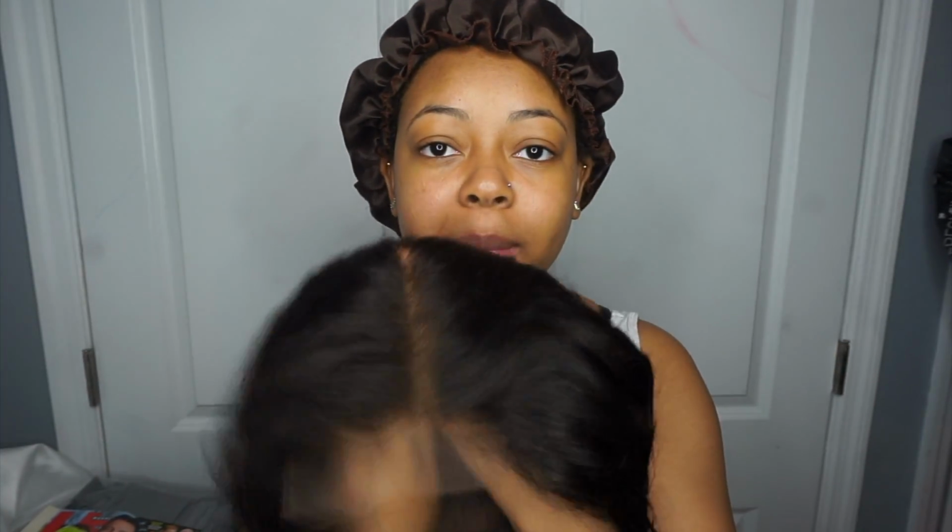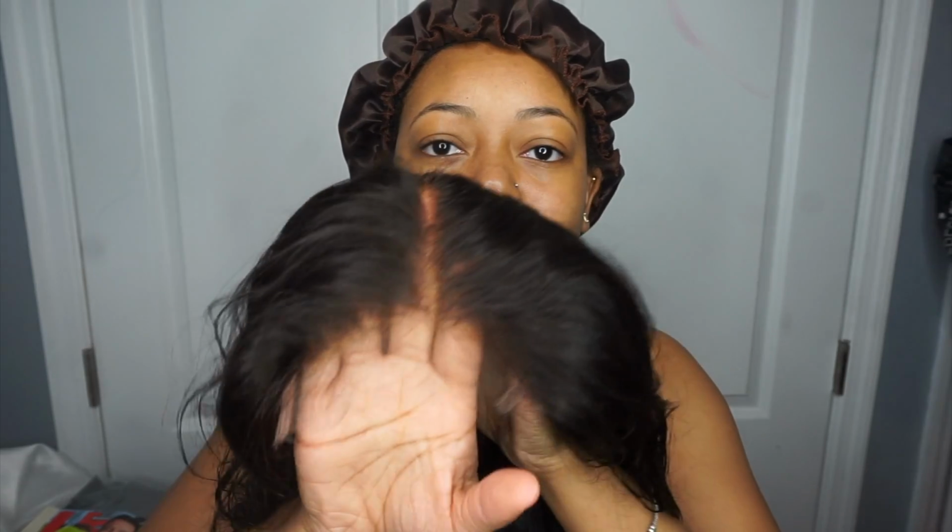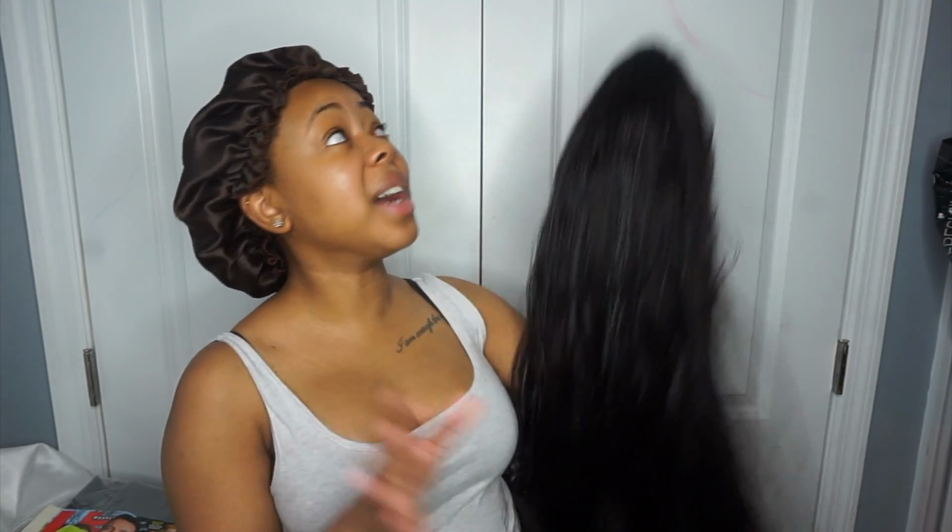I already went ahead and bleached the knots, as you can see. I think I'm gonna go back into bleaching my hair because it gives it a more natural look, and you don't see none of them black dots. But overall, you guys know already, Unice hair is bomb. I love their hair. This is thick. I'm kind of scared to install it right now because it's summertime and I'm gonna be mad hot, but